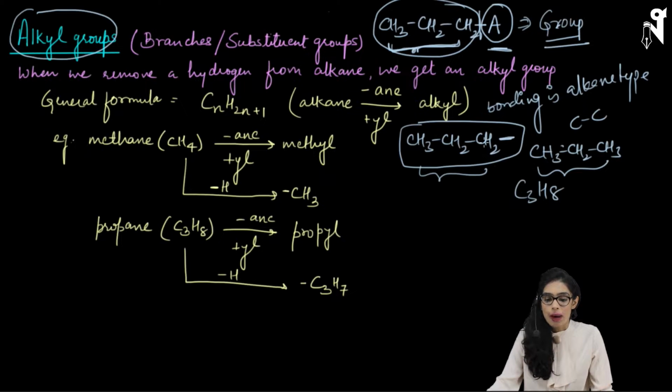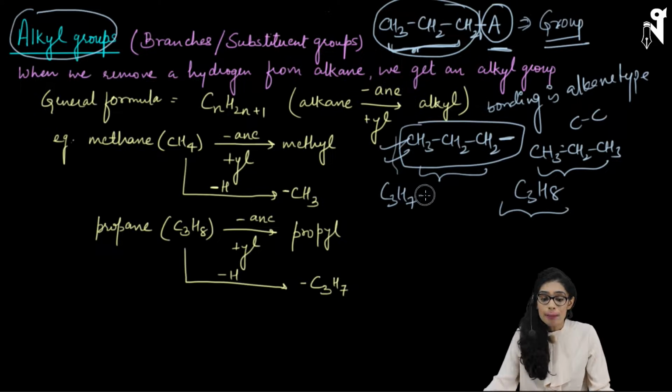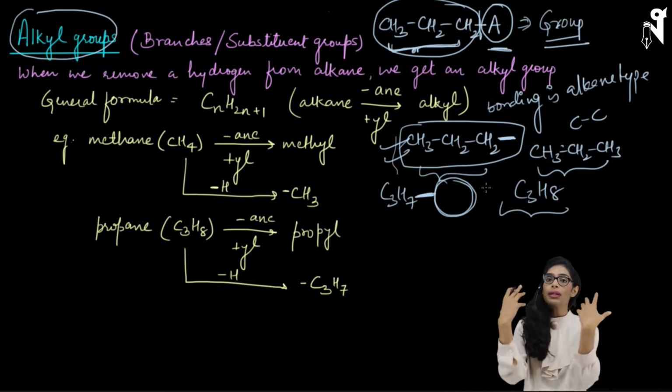But if you look at this part, which was the part of the molecule, it will be C3H7. That means one hydrogen fewer than your C3H8. So basically, this is not a complete chain. Something must be attached over here to fulfill its valency. If it's hydrogen which is fulfilling its valency on this bond, then it becomes an alkane. If it is something else,